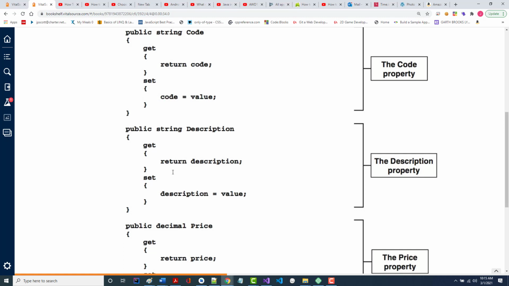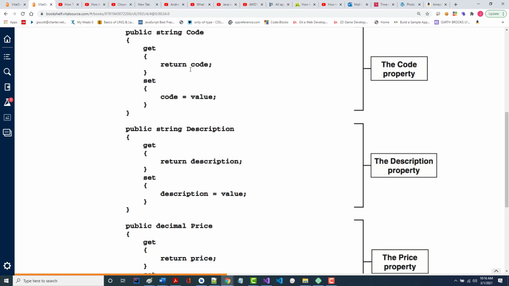All right? So what this does is this says anytime that code appears on the right-hand side of an equal sign, it's going to call this setter. Anytime it appears on the left-hand side of an equal sign, it's going to call this getter. Not only that, I'm just going to put this first one up there so you see it. In fact, it is right here. If this is all you're doing in here, if you're doing it like this,